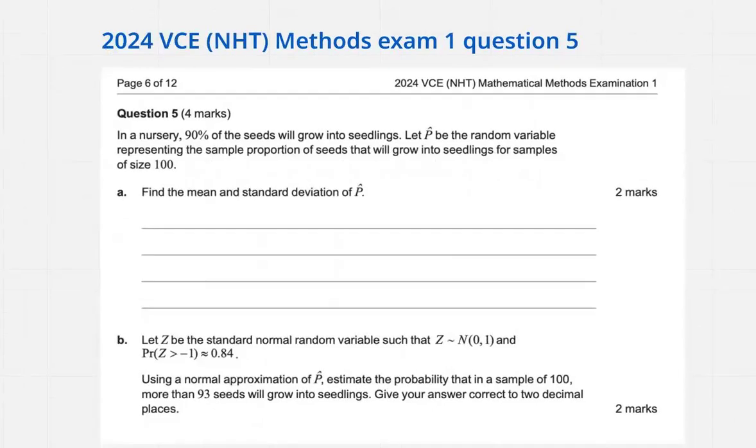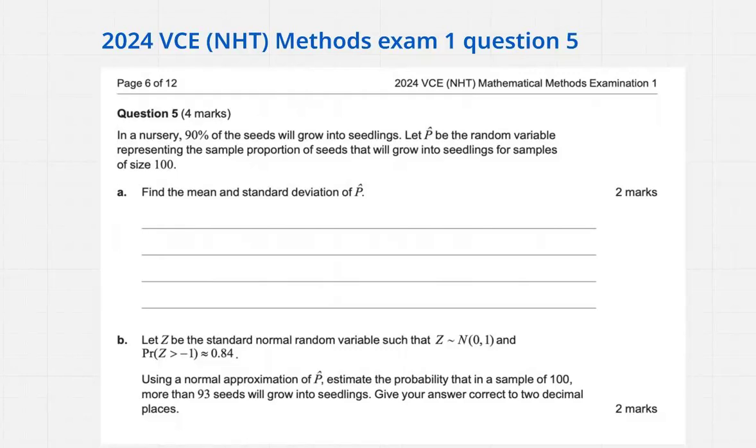In a nursery, 90% of the seeds will grow into seedlings. Let p hat be the random variable representing the sample proportion of seeds that will grow into seedlings for samples of size 100. Find the mean and standard deviation of p hat. So for A, we need to figure out the mean and the standard deviation of the